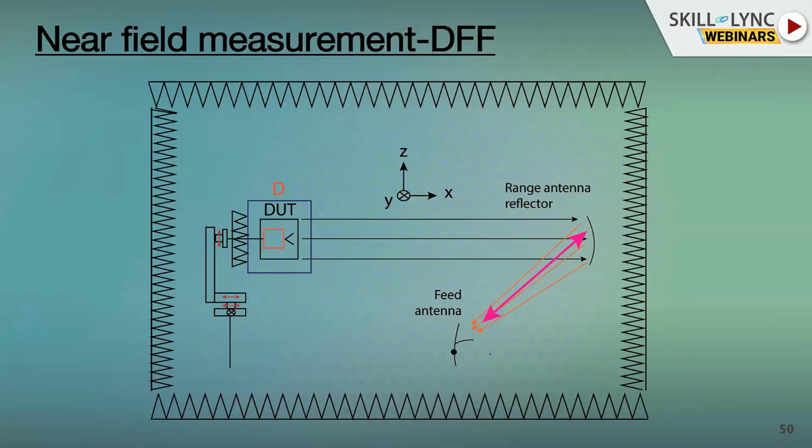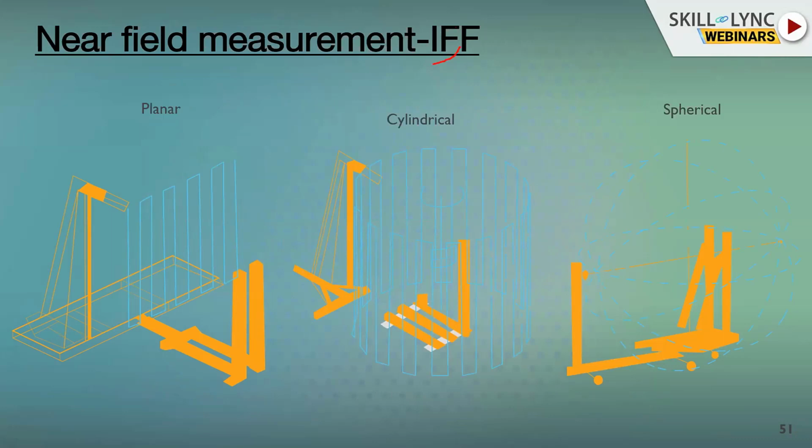Direct far field we can obtain by employing a compact antenna test range, where we have a feed source and a reflector. This works as an offset fed reflector antenna, wherein we can achieve planar waves at a shorter distance. Another approach is near field to far field transformation, wherein you capture the amplitude and phase of the fields in the near field, just at the aperture of the antenna. Then you convert that into the radiation pattern by employing the Fourier transform.